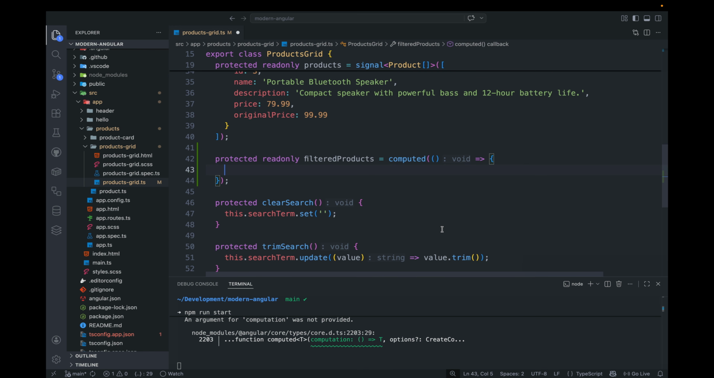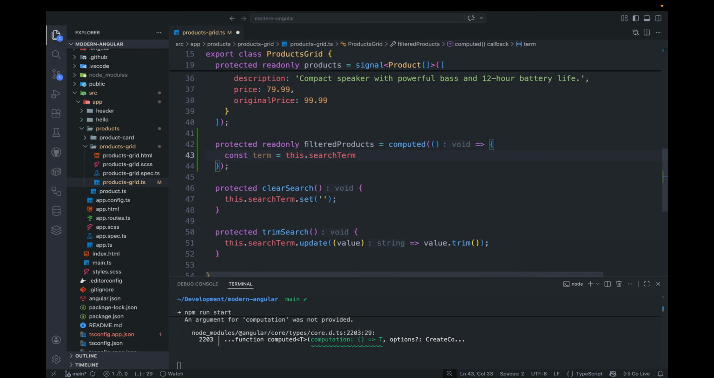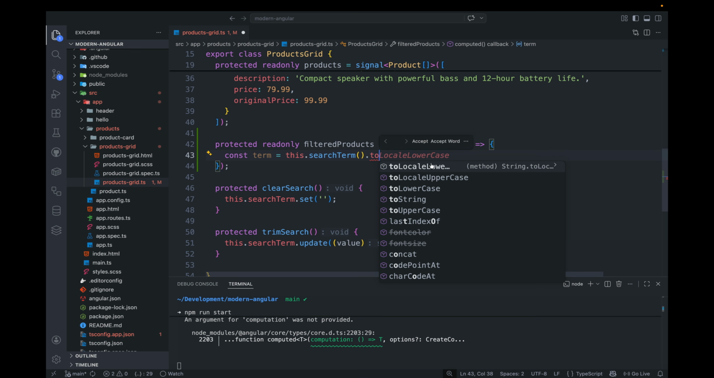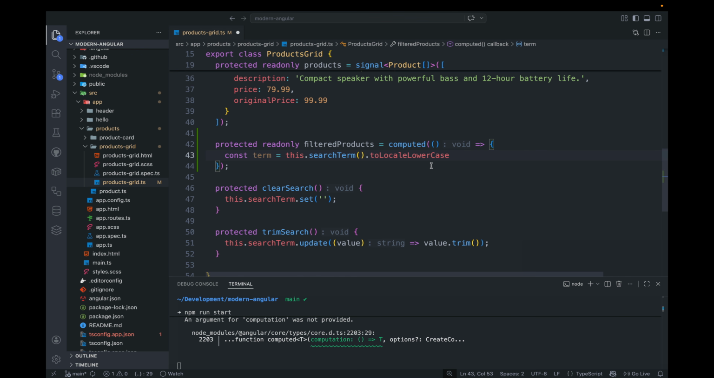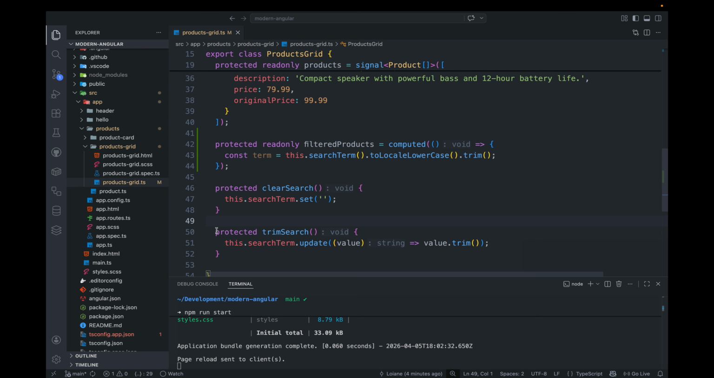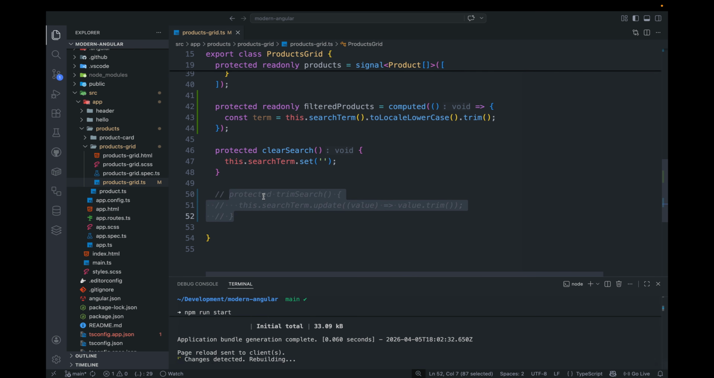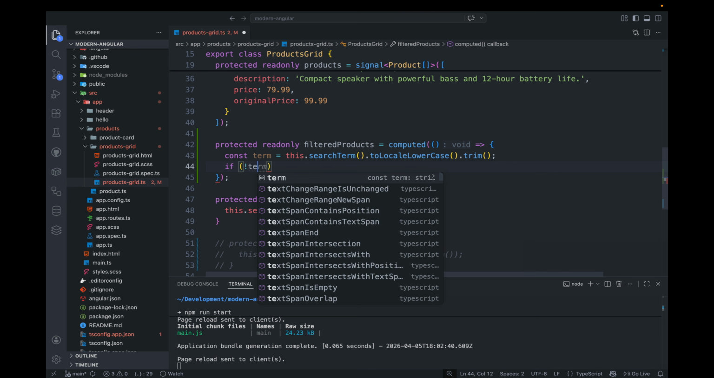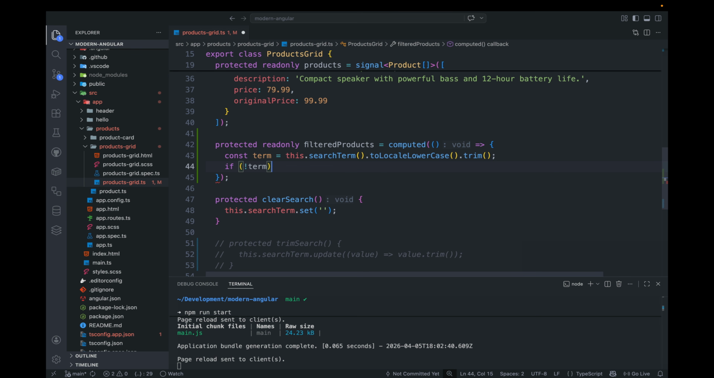So first, I'm going to capture the trimmed value of the search. So const term, I'll access the search term. We will read the signal. To facilitate the search, I'll change this to lowercase, and because this signal is a string, we can use the toLowerCase function that is part of the JavaScript API, and I'll also use trim. Since we don't need this anymore, I'm just going to comment this out. If the result from this trim doesn't exist, so we'll just negate the term,